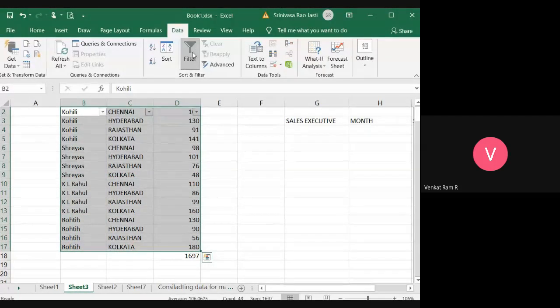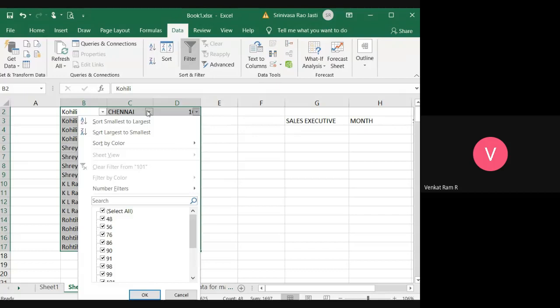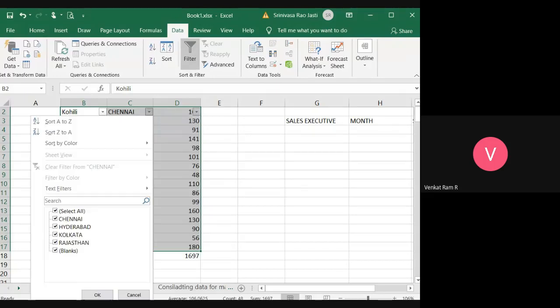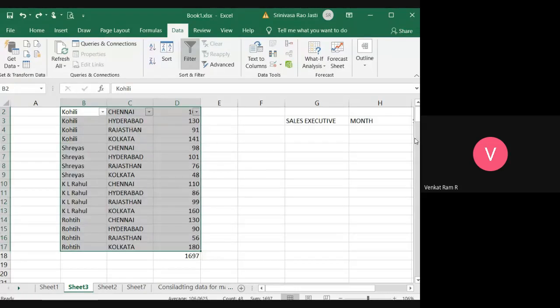To filter it, one way is, see here, if you select only Chennai, the runs made by the cricketers against that particular opponent will be viewed.